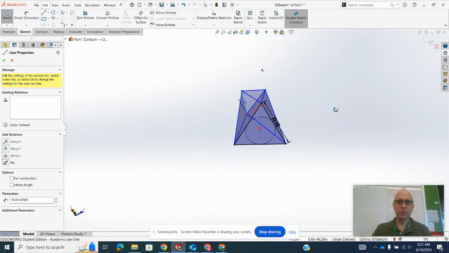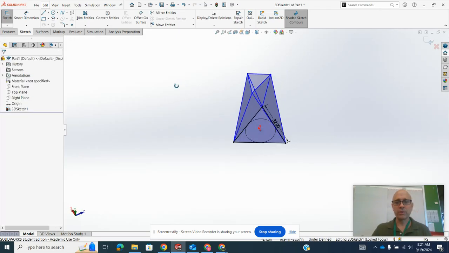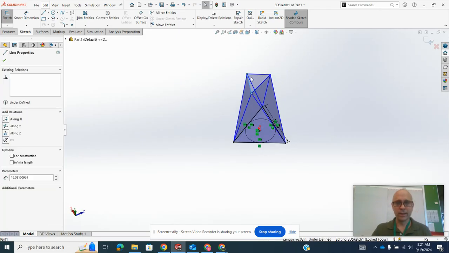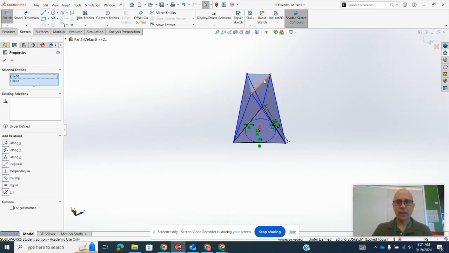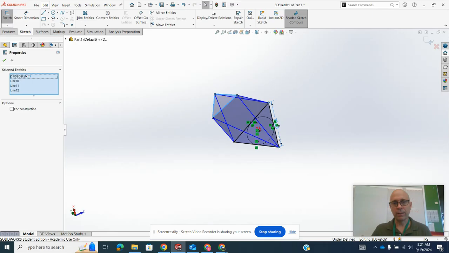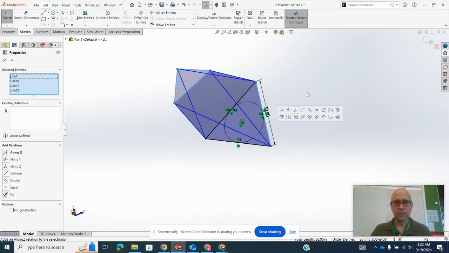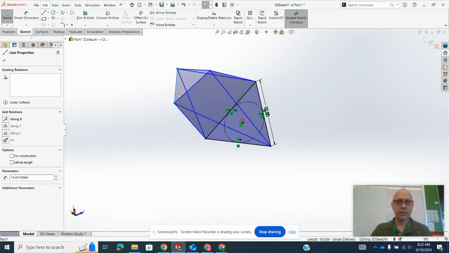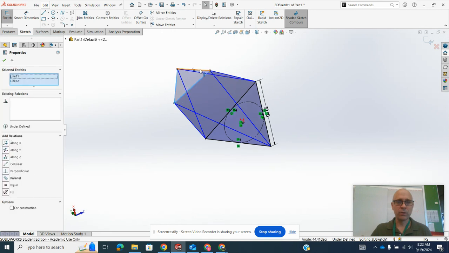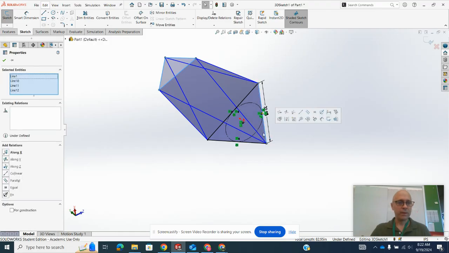Okay, so now I have a little triangle on the top. It's kind of ugly, but I'm going to constrain it now. So I want all three of these legs, I'm going to hold control. I want them to be equal to each other, and I also want them to be equal to this bottom leg. I selected the dimension by mistake, so I'll just do this again. I select this leg, holding control, I click the three triangle legs at the top and one on the bottom,